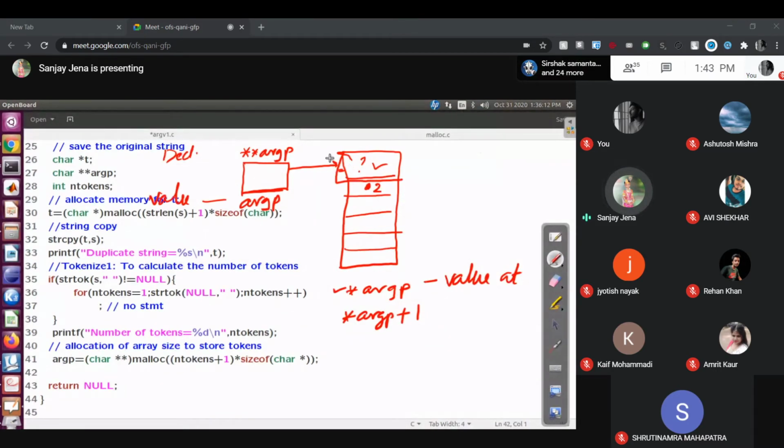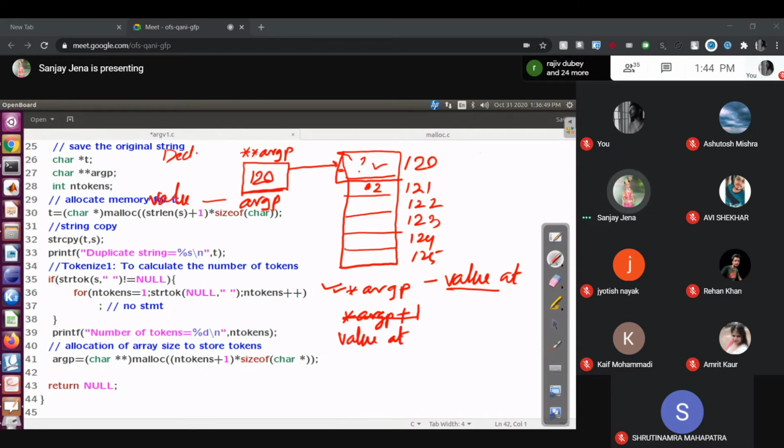Let me put the address 120, and let it be 1 byte. The addresses are 121, 122, 123, 124, 125. This is called value at the address. What is the address part here? This 120 is the base address. What is the value at the address? 120. I want the next one, the value at the address 121.